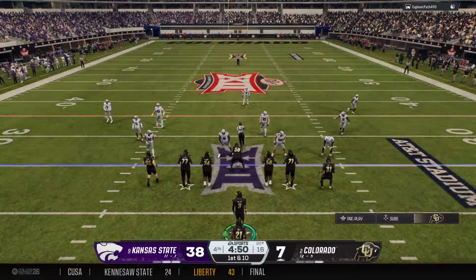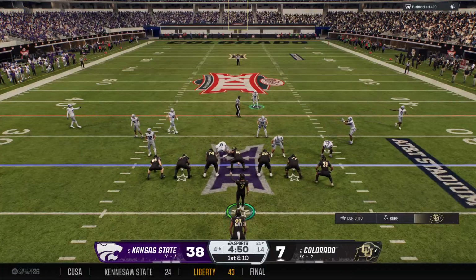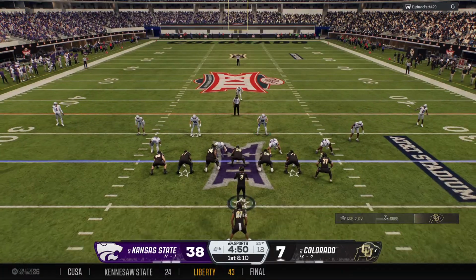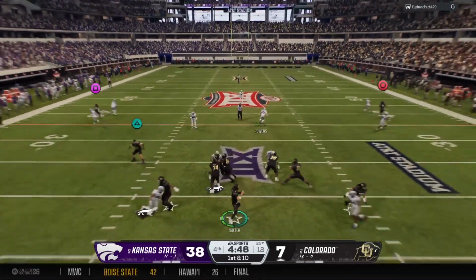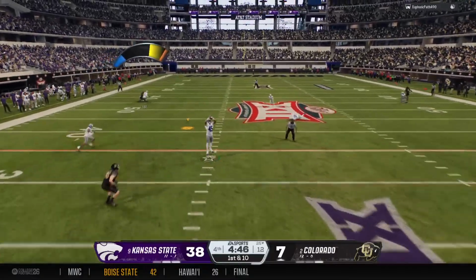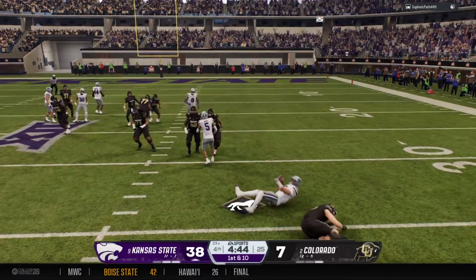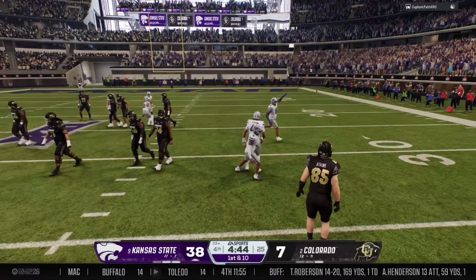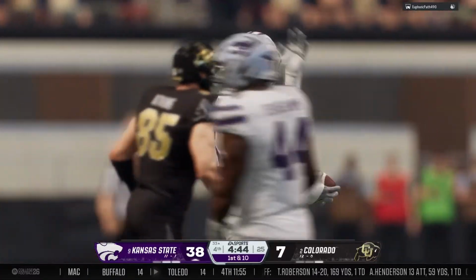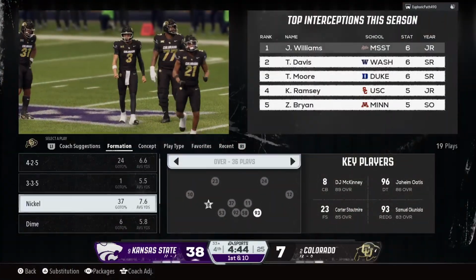And the first play of the drive now from the 25. Play action here on first down. The pocket breaking down. He's hit as he throws it. Wow, that is interception number 4 today for this QB. It's a short return, but the pick right side of scoring threat and sets up the offense at the